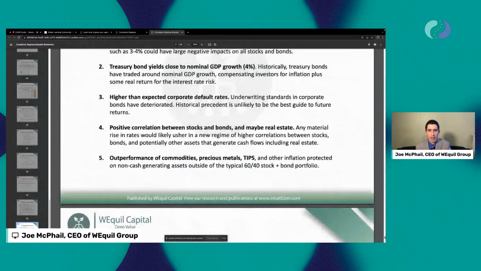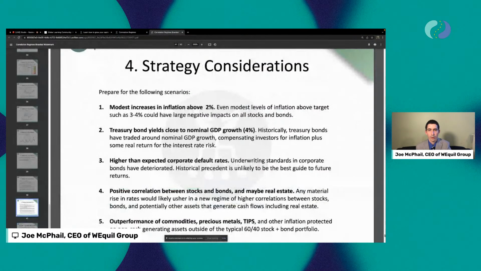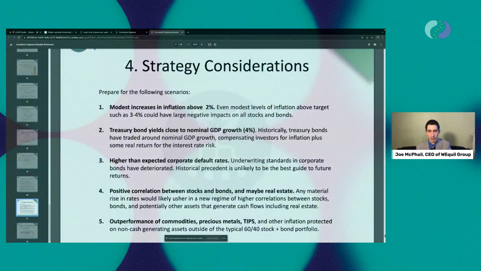So I'm going to hop over here to some of these investing implications. And I'm not even going to quote from the deck at this point. I'm going to stop sharing this, hop back, and just talk to you all for a little bit. So that was a lot of information.